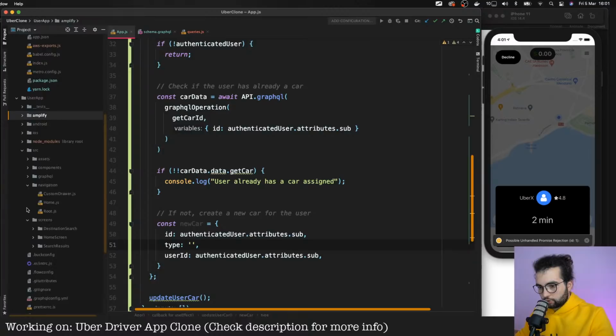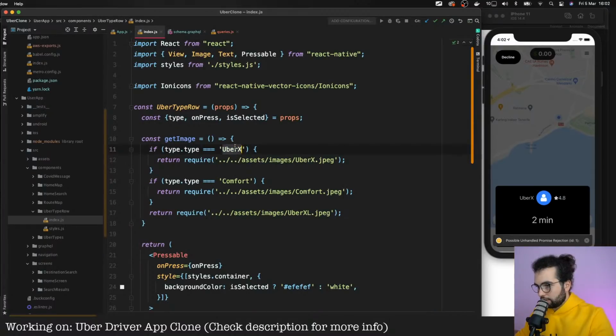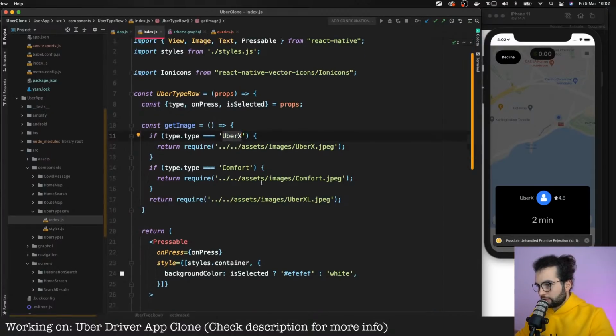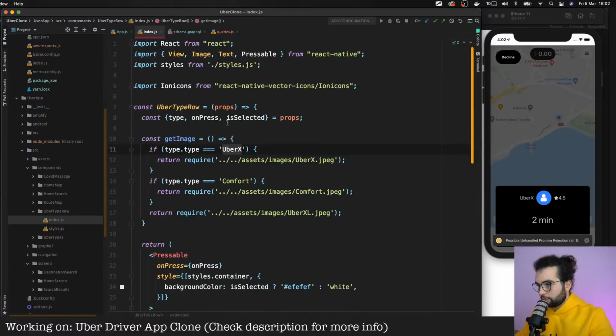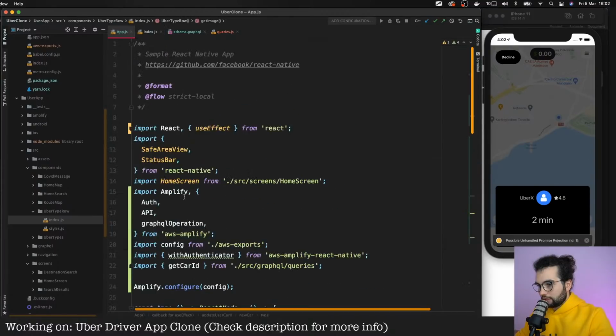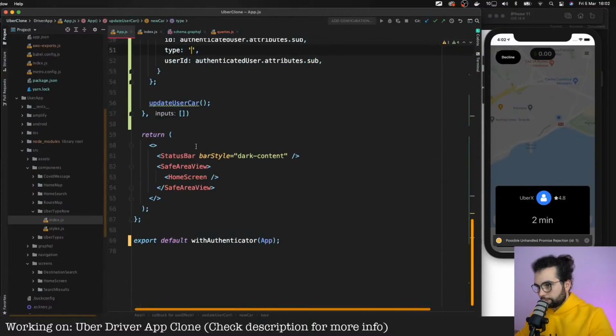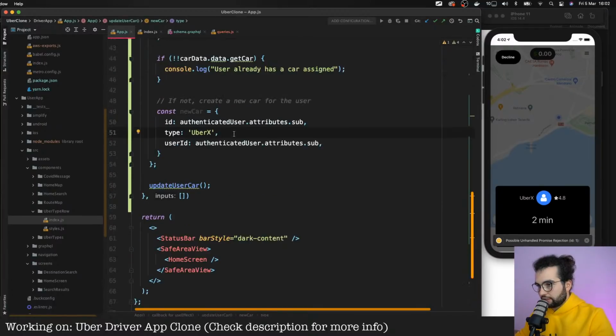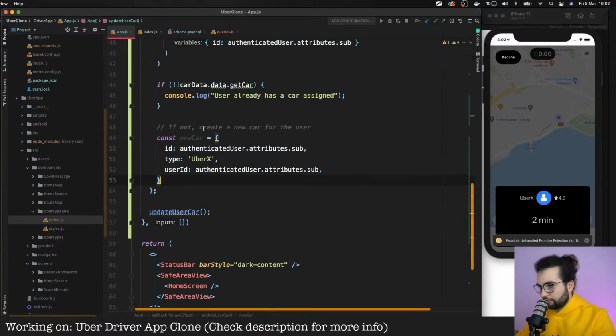Screen, component, Uber type row index. Yeah, UberX probably, right? Let's hope that it's this one. Okay, the type is UberX. Okay, we created the new car object.